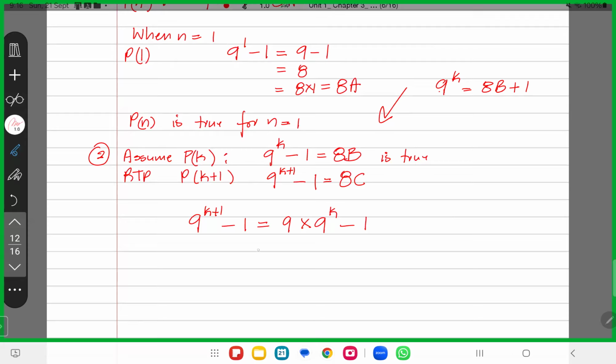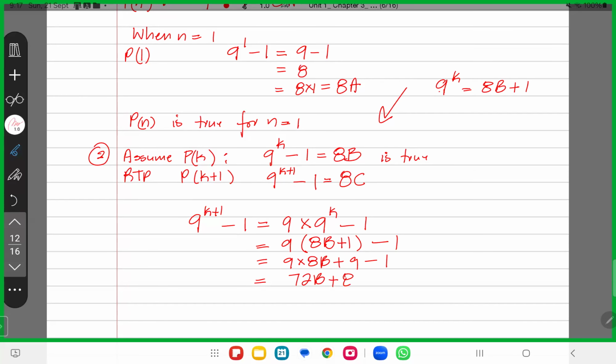So I can replace the 9 to the k. So this becomes 9 multiplied by 9 to the k, which from step 2 is equal to 8b plus 1, minus 1. Distributive law, this becomes 9 times 8b, 9 times 1 is 9, minus 1. So now I have 9 times 8. If you want, you could put 72. It's up to you. So you could put 72b